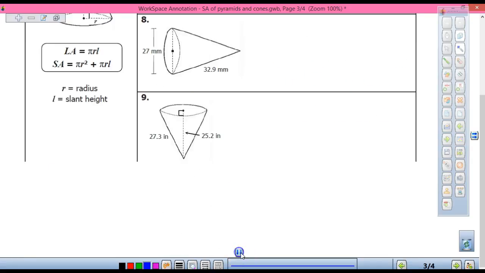Let's take a look at 9. What piece of information are we missing in 9? We need the radius, yep. How can I find my radius? The Pythagorean theorem. I'm not going to bore you with it, unless you need me to. Do we need another refresher on the Pythagorean theorem? Am I looking for the hypotenuse